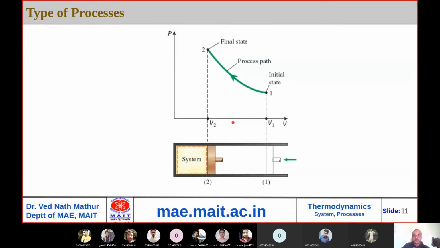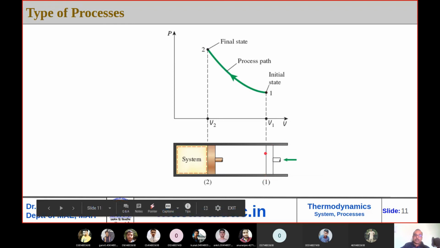So all those processes which we will study for the purpose of calculation are quasi-static or ideal processes. Suppose a system is at initial state represented by point 1 on a PV diagram, and it travels through a series of equilibrium points and moves to state point 2. So now initially this was the system and finally this is the system. It's been represented by this path.